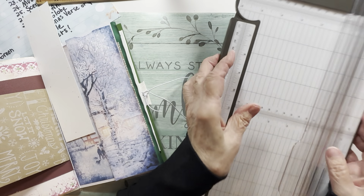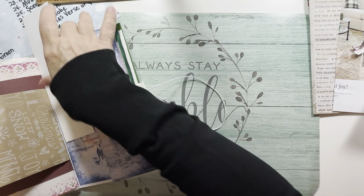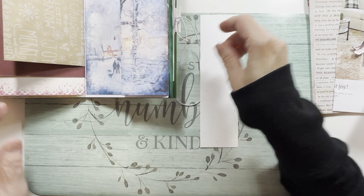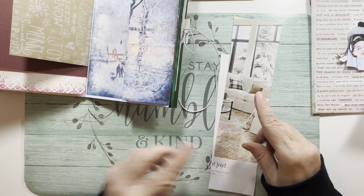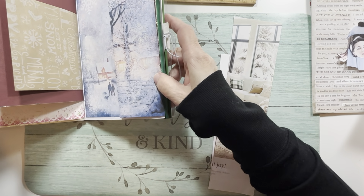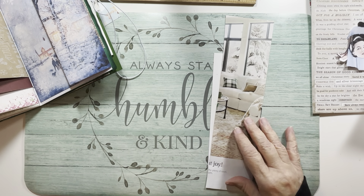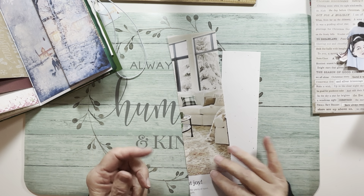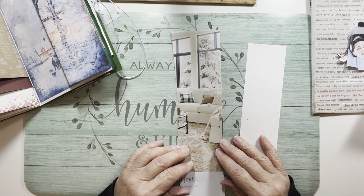Okay, great. So now, maybe before I put my cutter away here, I was going to make a skinny tag, and I was going to make it out of my catalog page. If you were with me for Halloween, I kind of showed you this catalog that I get that sells all kind of really high-end Halloween things. And I said I have a video that I made tags with. And so now I have the Christmas version they sent, and it has beautiful, beautiful images in it to make